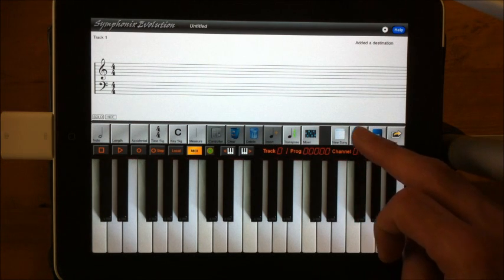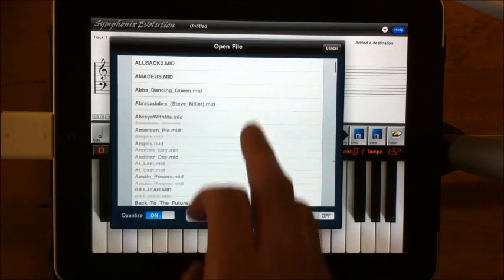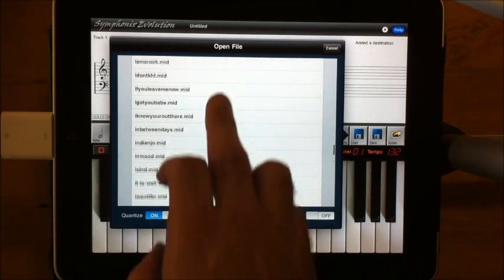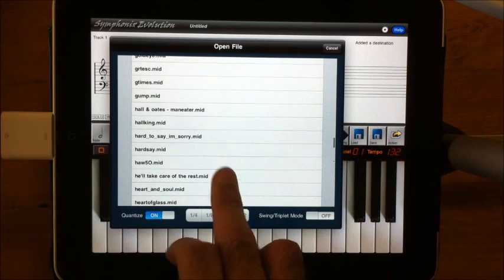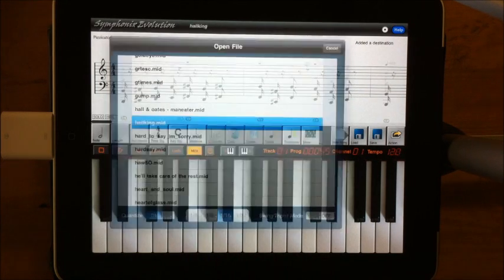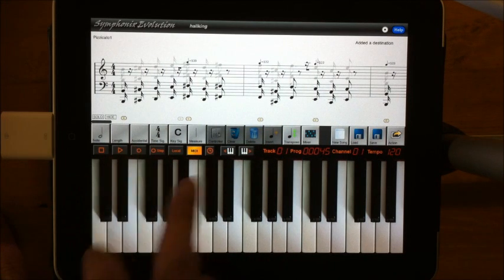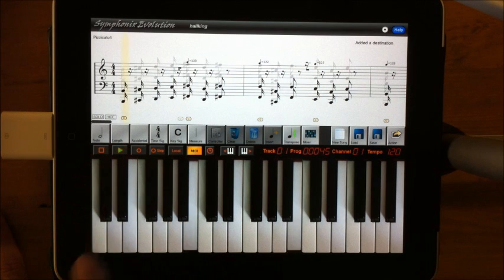So for example, I might choose to load, and I can come down here and I might load, okay, I'll try this one. Okay, and you'll see it's loaded up the MIDI score. This one's quite good, it's got some tempo changes and whatnot, and when I hit play now,